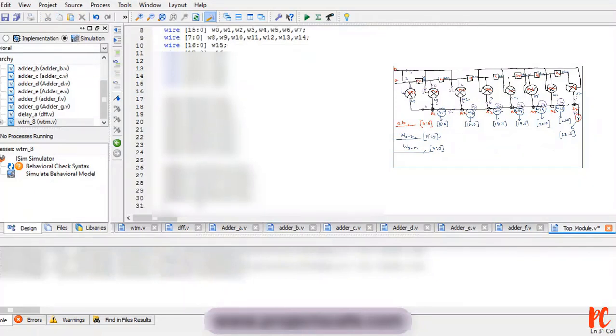Next adder, A6, W20, W6 followed by W19.